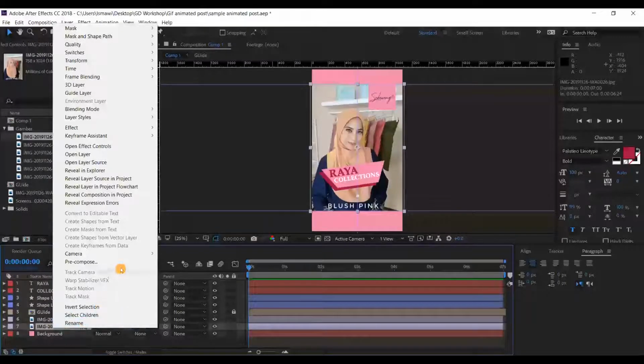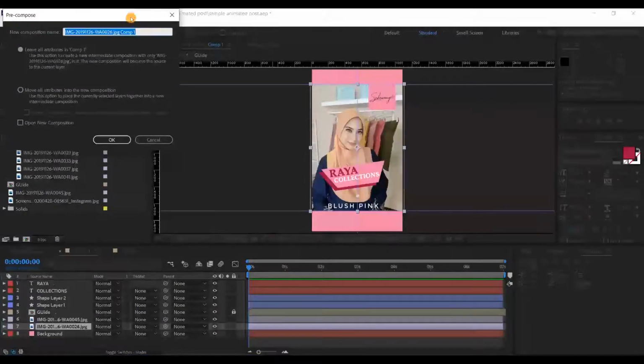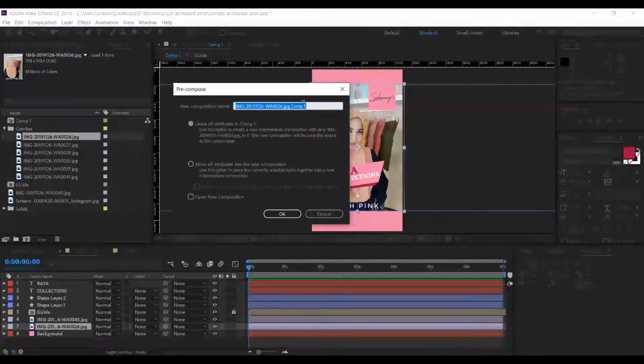So we right click on our picture layer, and we choose pre-compose. First thing we need to do is name the composition. I'm going to name it product, or you can put product pictures, or video if you're using a video.